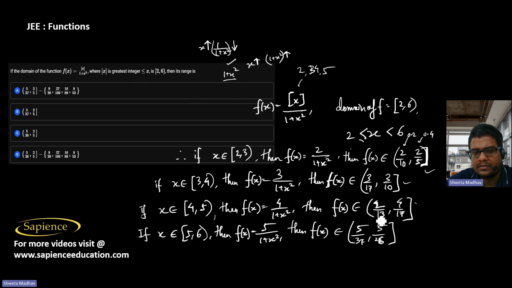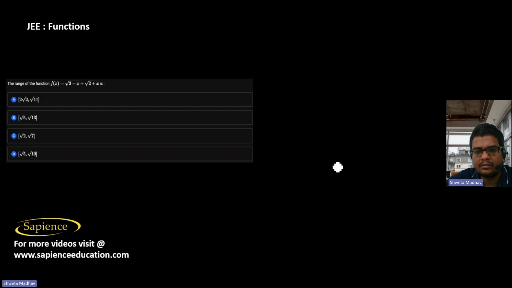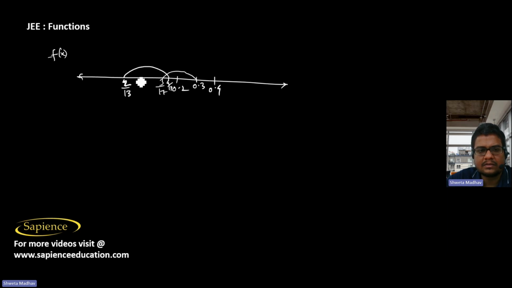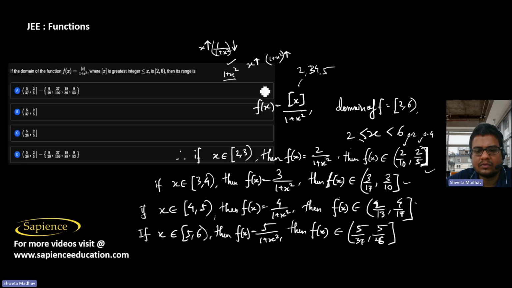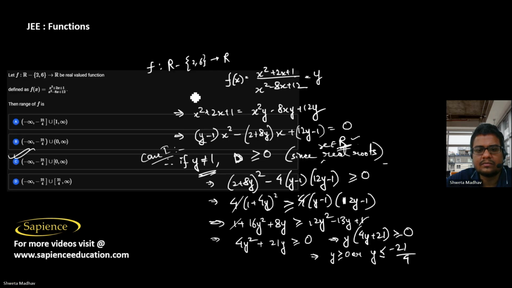And here it is 4 by 26. So 5 by 26 will be slightly higher than this. Here it is 5 by 26. So it is going from 5 by 26 to 5 by 37, which will be slightly lesser. So here actually what is happening is that if we take the union of these four sets, 0.2 to 0.4. So then it is going from,